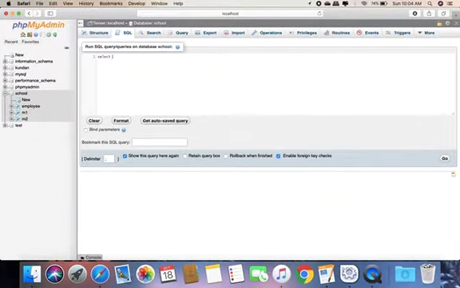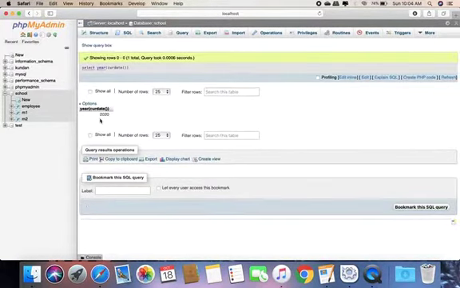Select, I write here year and current date, semicolon, go. So here only the year is extracted from the current date.